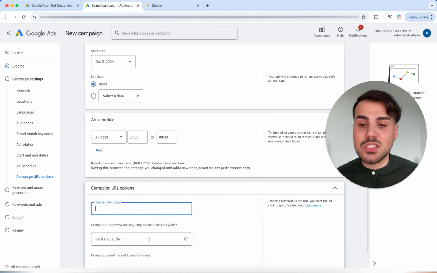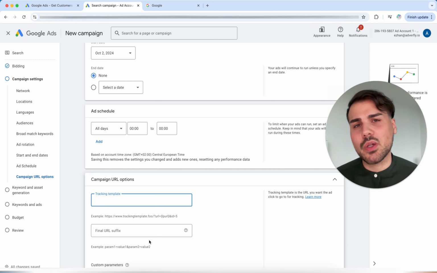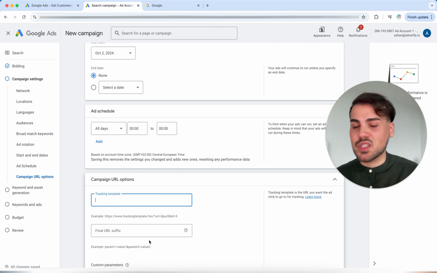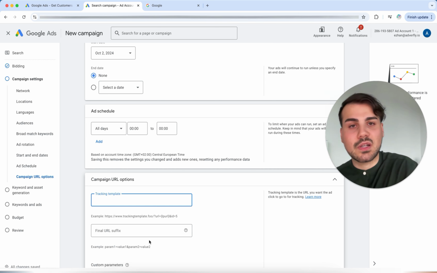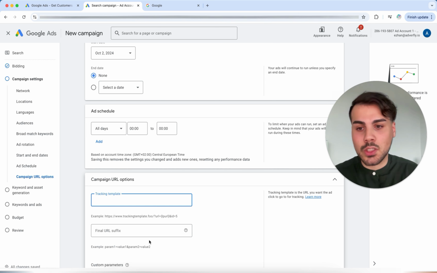That's also one of the most important things, because what I said is, if you just start with a Google campaign, for example, with a search campaign, it could also be the case that until this campaign is profitable, until it is generating a lot of sales, you just have to optimize it more often. That is why we have this campaign URL option, where we can then add URL parameters, for example, which will allow us to do better evaluations later.